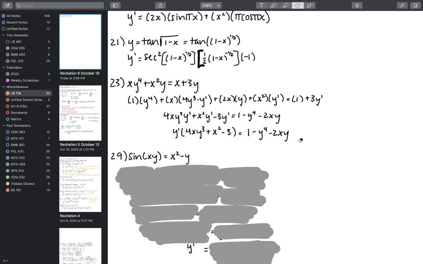And so to reiterate, with these implicit differentiation problems, and with many of the problems in this course, the breakdown will be pretty much the same from problem to problem. The breakdown is basically one step of calculus. You do the implicit differentiation, using the product rule, the quotient rule, the chain rule and the power rule if you need to. But it's just one step of calculus. From there, you get all the y primes on one side, all the non-y prime terms on the other, factor out, and then more likely than not, you divide in order to get y prime by itself. So really, it's one step of calculus, and from then on it's algebra to isolate the y prime term. Any questions on implicit differentiation so far? We'll do one or two more.